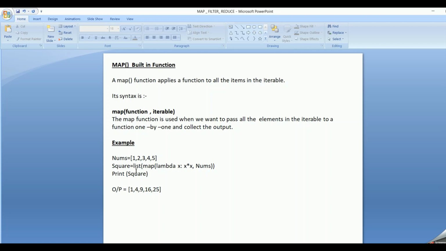So 1 to the power of 1 is 1, 2 to the power of 2 is 4, 3 to the power of 3 is 9, 4 to the power of 4 is 16, 5 to the power of 5 is 25. Basically, here we have passed the item to the function so that it performs the square for each and every item in the iterable.